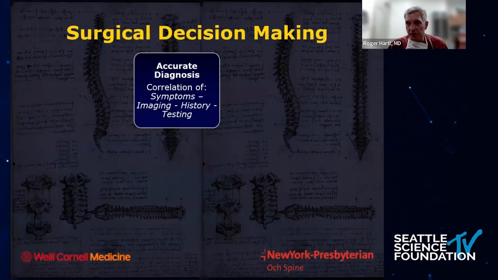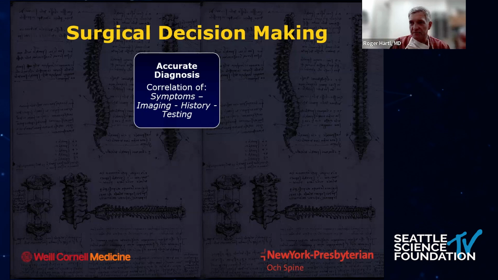Now, let's talk a little bit about patient selection, target, surgical decision-making. And this is really the number one opportunity to avoid complications. You got to get an accurate diagnosis. So the whole idea of MIS is to focus in on the patient, and I'm talking primarily about degenerative spinal issues here, but also others, of course, but especially for degenerative, where patients present with focal neurological deficits, maybe radicular pain, cervical, lumbar radicular pain, that potentially can have a million different etiologies. It is important to really figure out very carefully where this pain is really coming from, and that requires a very thorough evaluation of the imaging studies.